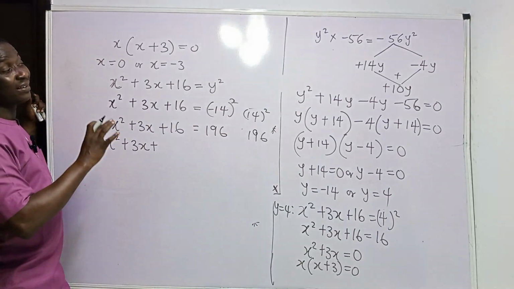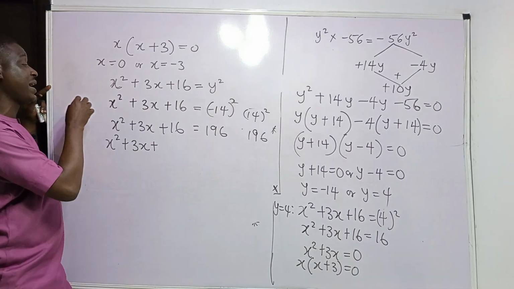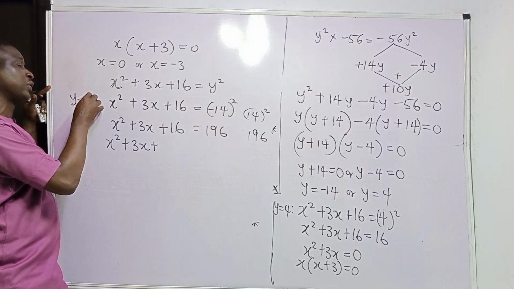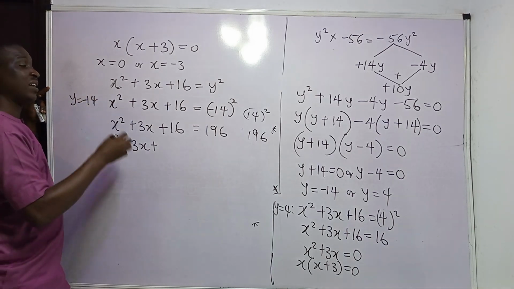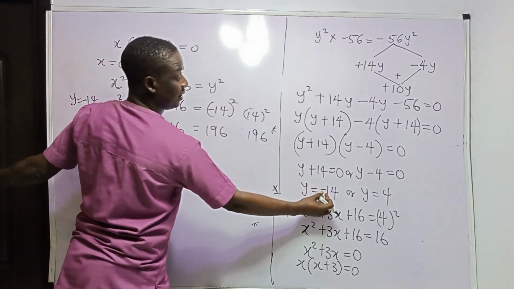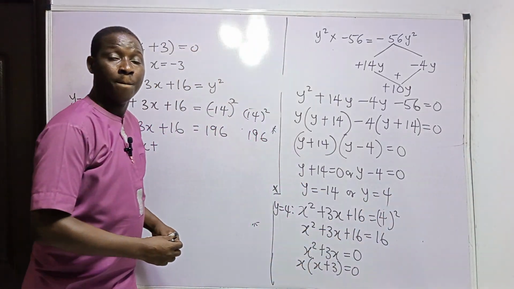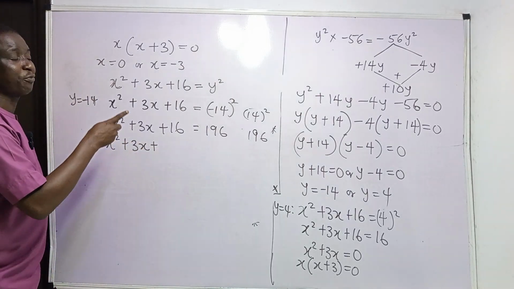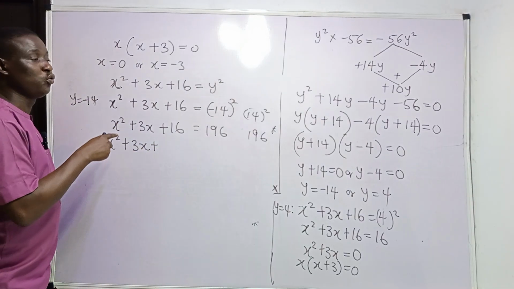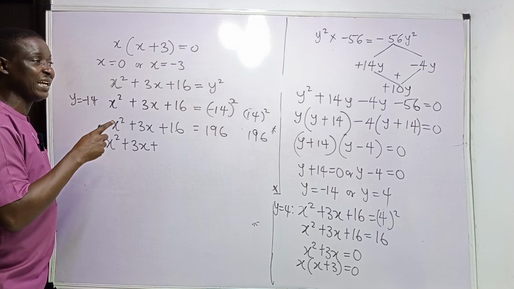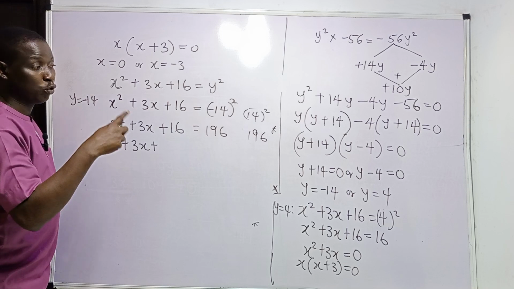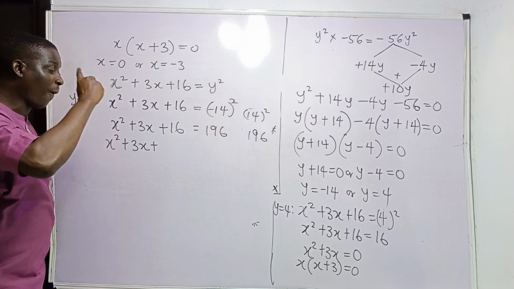Now, what we are trying to get now, don't forget that we have made use of y equal to minus 14. For the second answer, you know we have two values of y. One is minus 14. One is what? 4. But that is not our answer. We have to substitute the square root of x squared plus 3x plus 16 to be equal to y, to reduce the complex